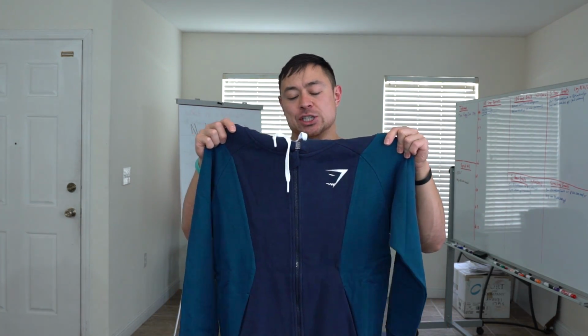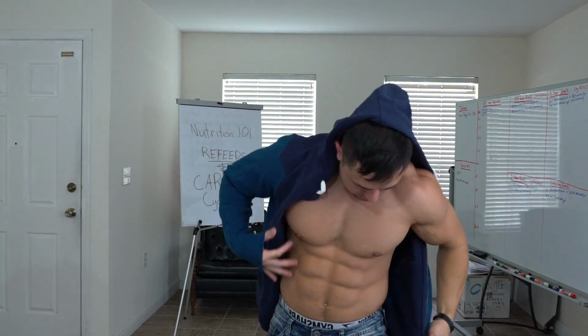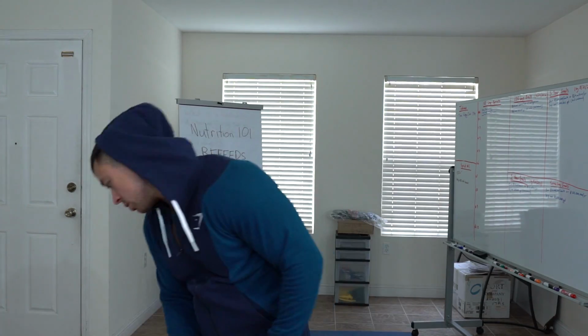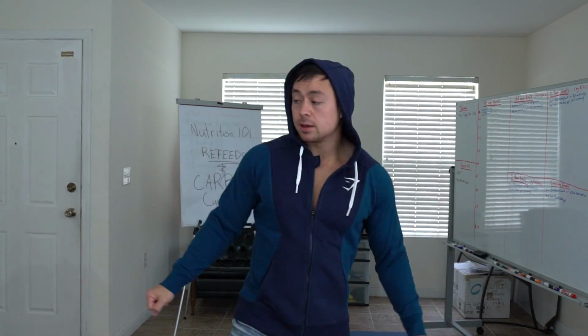All right, guys, right here I got the carbon hoodie in sapphire / Atlantic blue. This is size large. I'm about 5'7". All right guys, here we got the carbon hoodie in black and charcoal. What I like about this is that it's nice and snug in the right places, but not too snug. Overall, really good